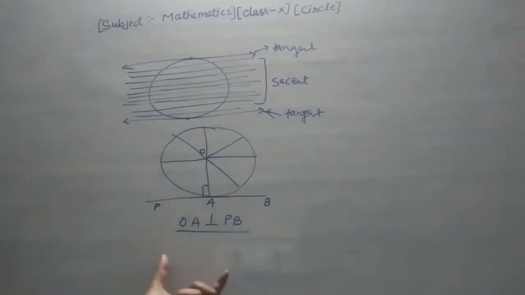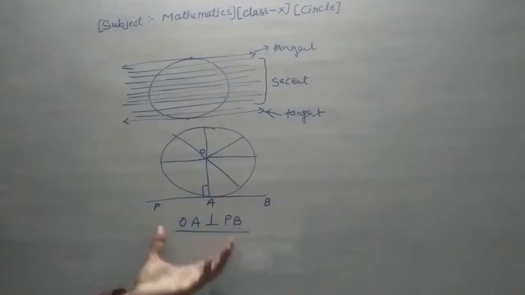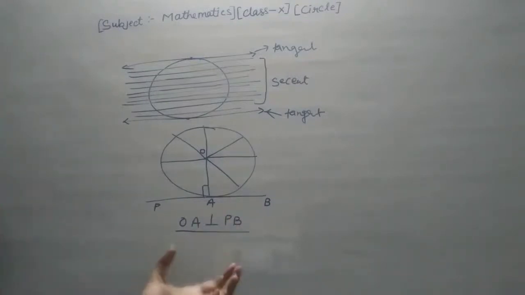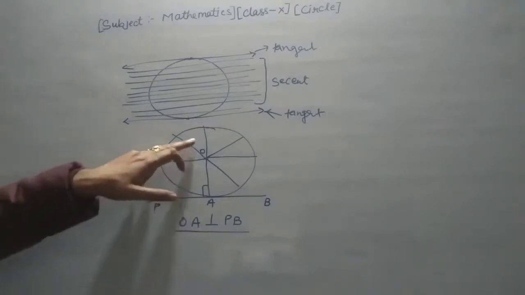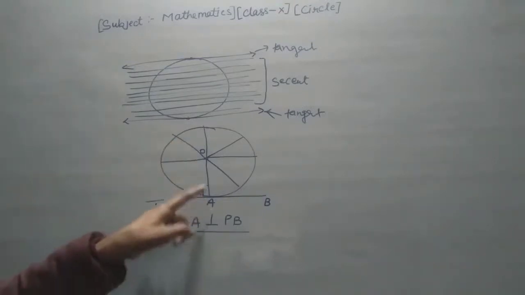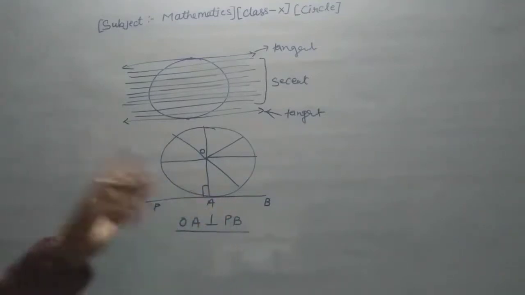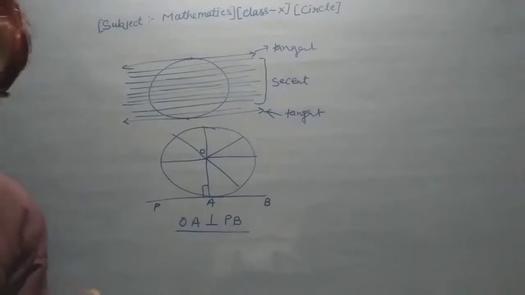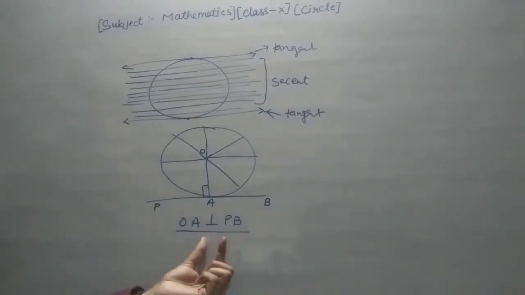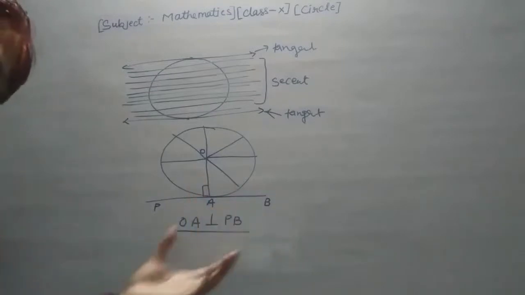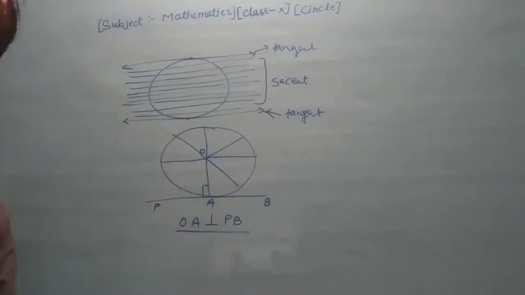That theorem you use in your exercise. This is theorem number 10.1. Do you understand what we have to say here? कि जब हम सेंटर से टेंजेंट पर कोई भी लाइन ड्रॉ करेंगे तो वो लाइन टेंजेंट पर 90 का एंगल बनाएगी, तो that means OA perpendicular on the PB. This is the next concept. Do you understand how the circle works here?